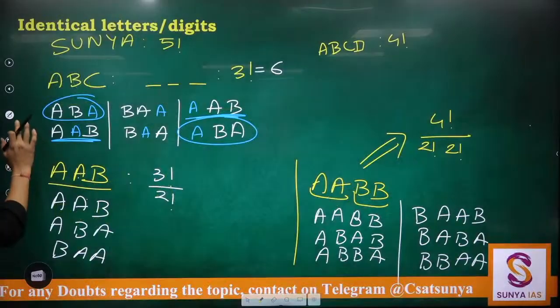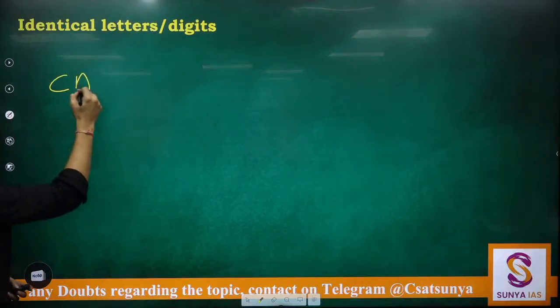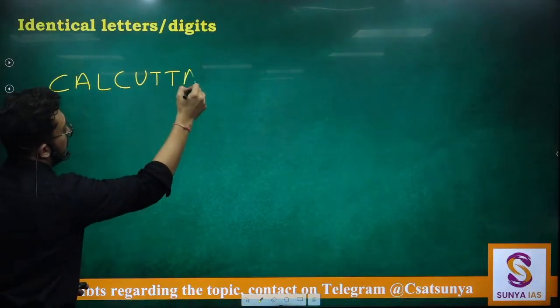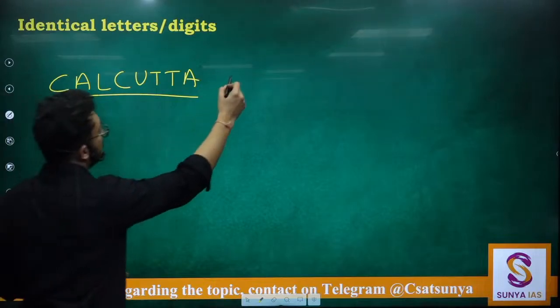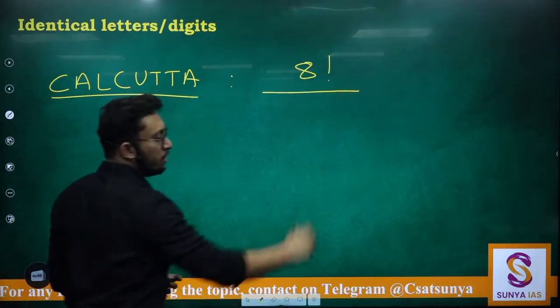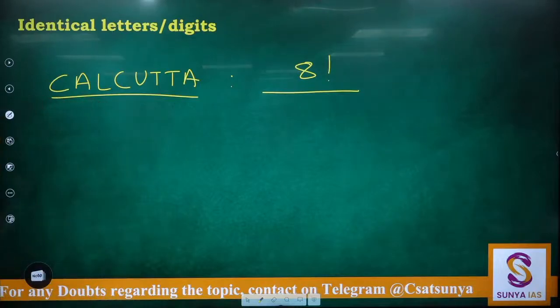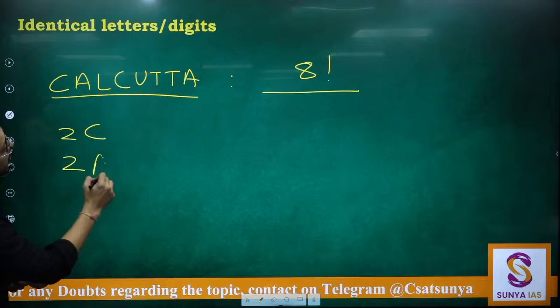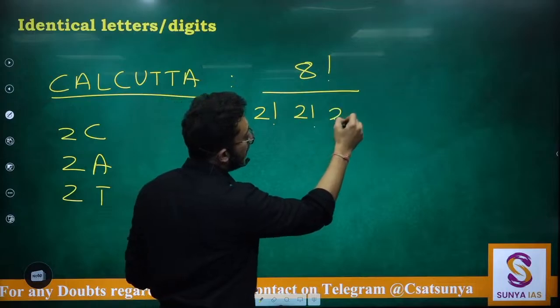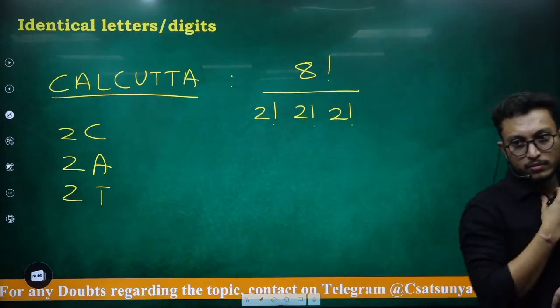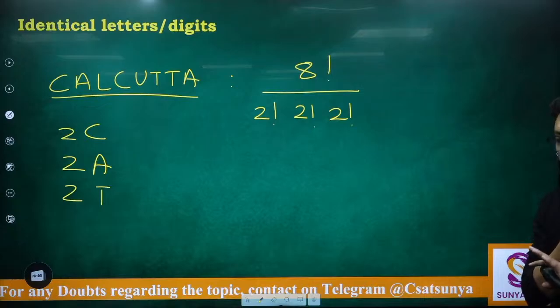क्या क्वेश्चन दिया मैंने? Different arrangements of this word possible. How many total letters are there? 8. So had all been different, you could have made 8 factorial different arrangements. But out of this, how many are same? We have 2 C's, 2 A, 2 T's. So just divide by 2 factorial for C, 2 factorial by A, and 2 factorial for T. Is this clear? For Bombay,